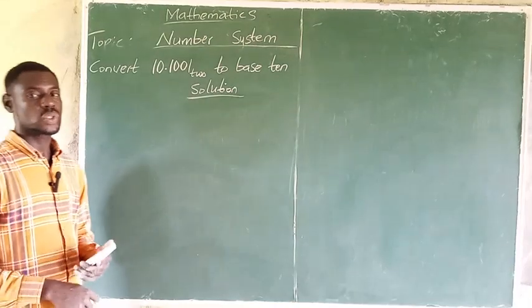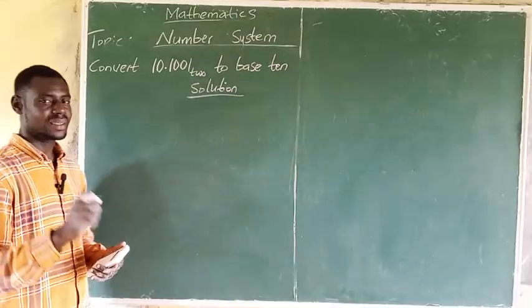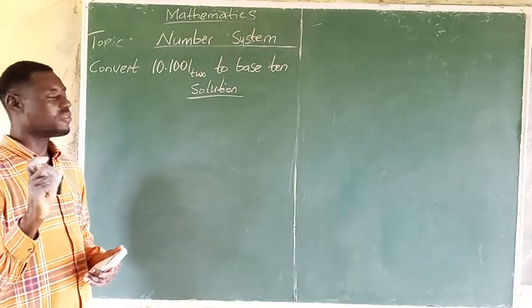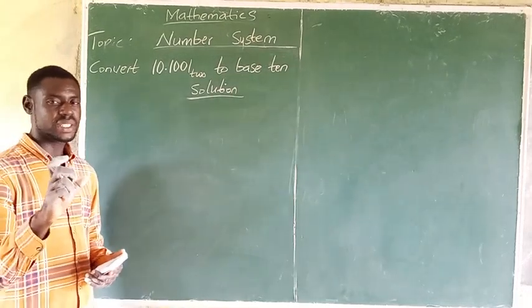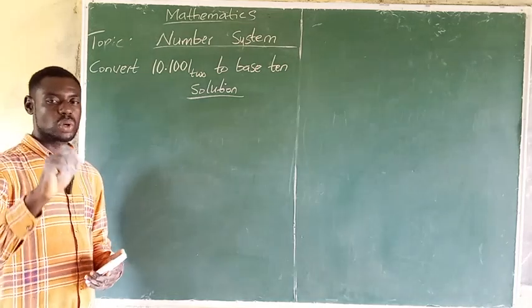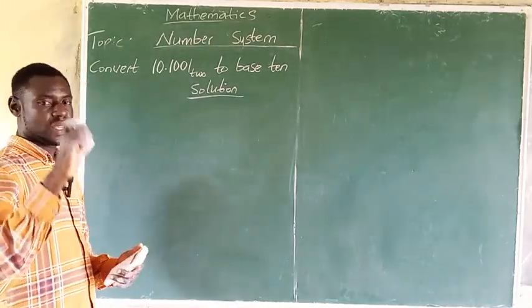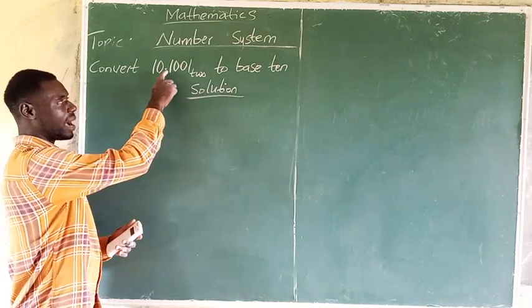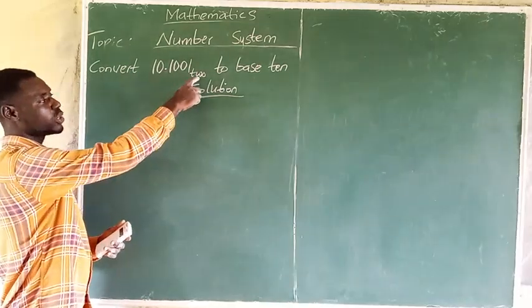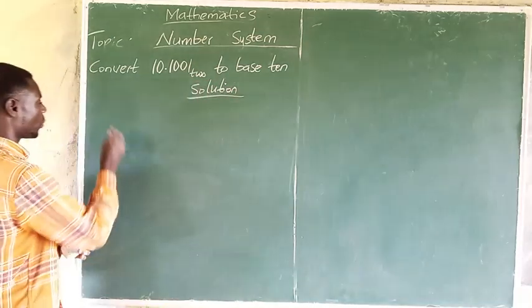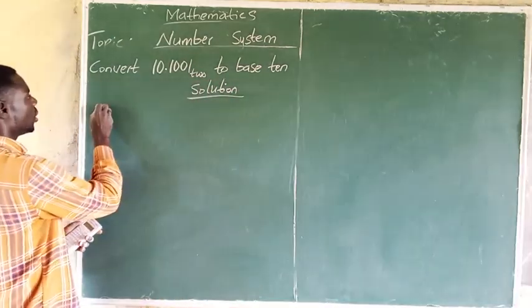All right. So we want to convert a value that has a decimal point from base 2 to base 10. How do we do it? Converting a value that has a decimal point from base 2 to base 10. Simple. This is a procedure. You bring